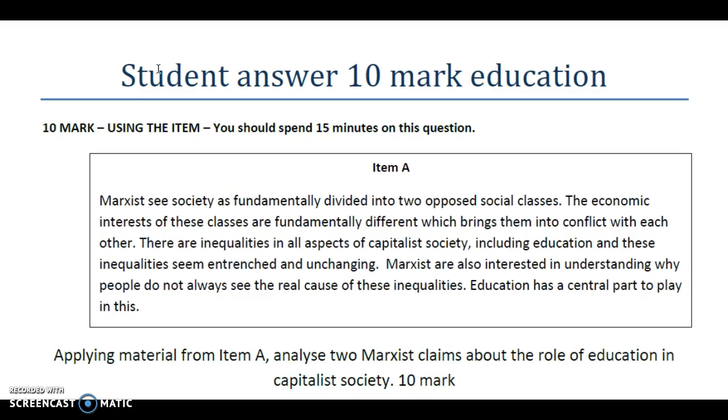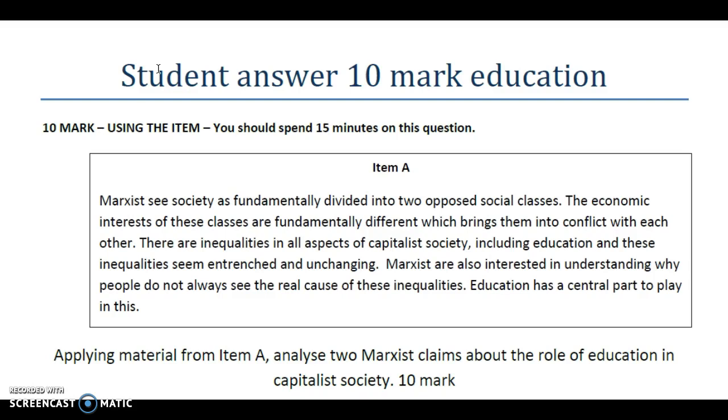Just a quick reminder about a 10-mark question where you're asked to apply material from the item. It does require you to apply your good knowledge, following both the hooks in the question and the hooks in the item. Try and show decent AO1 skills. Remember to show your skills of application as well, so apply the relevant material using the hooks, and either analysis or evaluation to score the AO3 marks to get yourself to the top of the band.